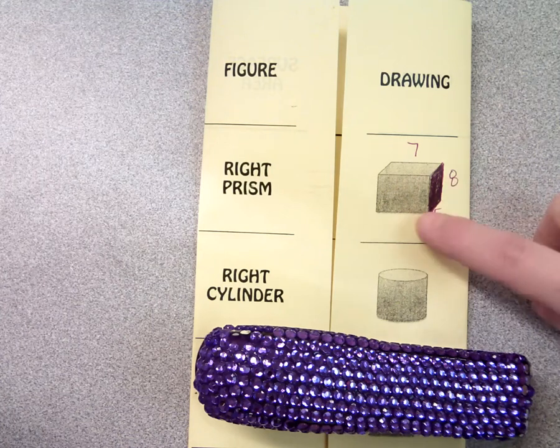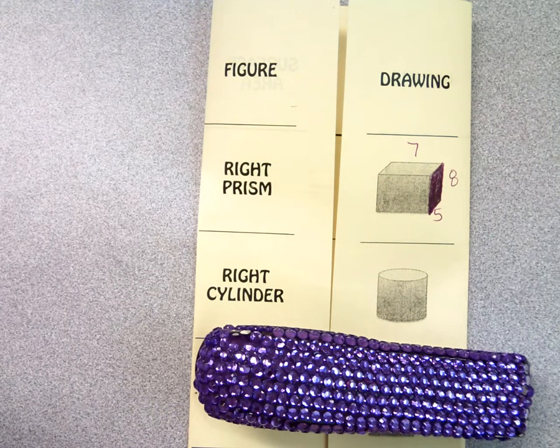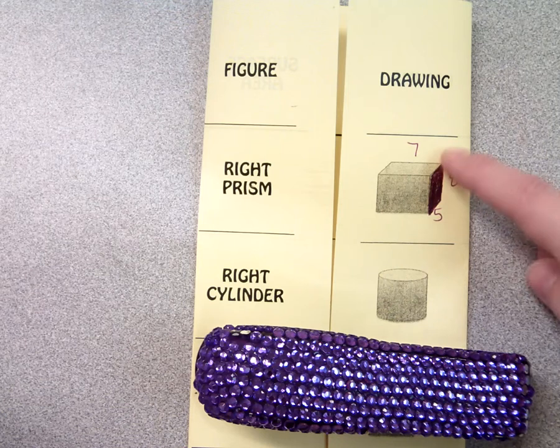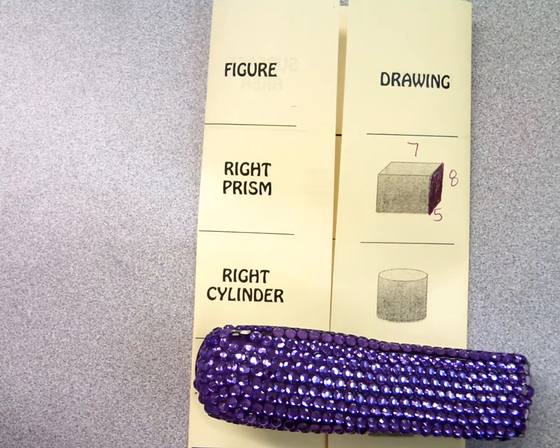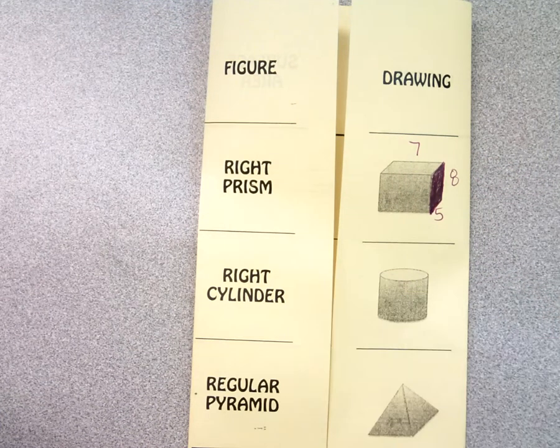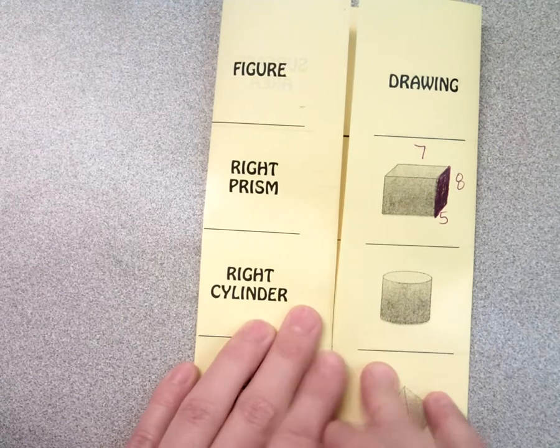And so we're going to have this side be the base. Because technically any side could be the base. I'm just going to have this shaded piece be the base. So you just fold it in, and then after a while, you don't have to do it now, but after